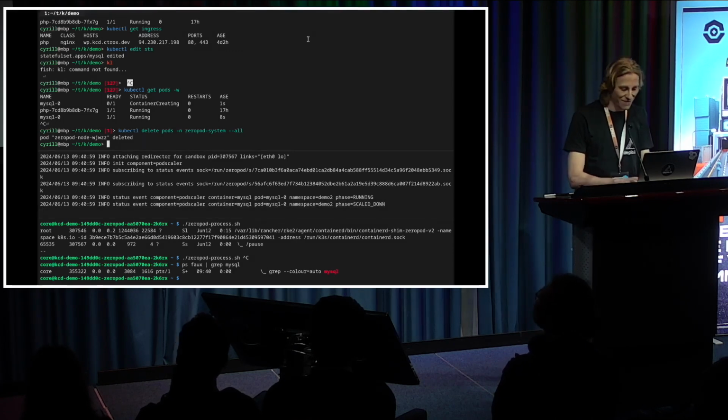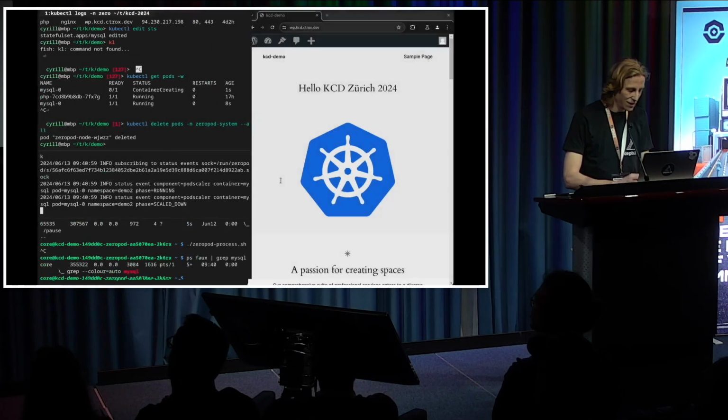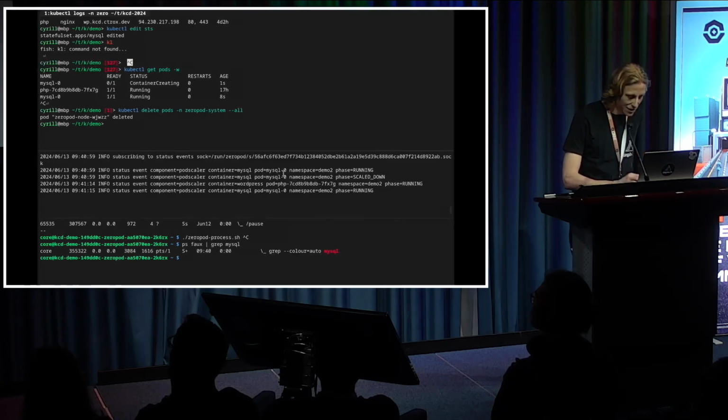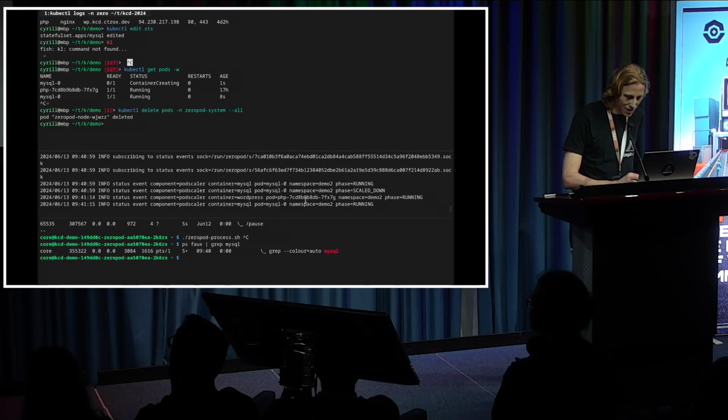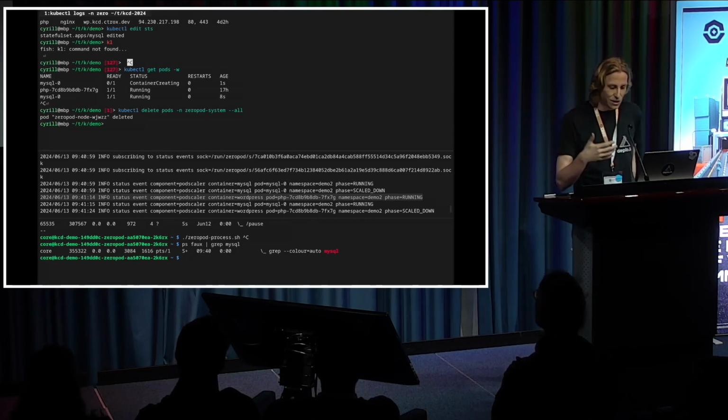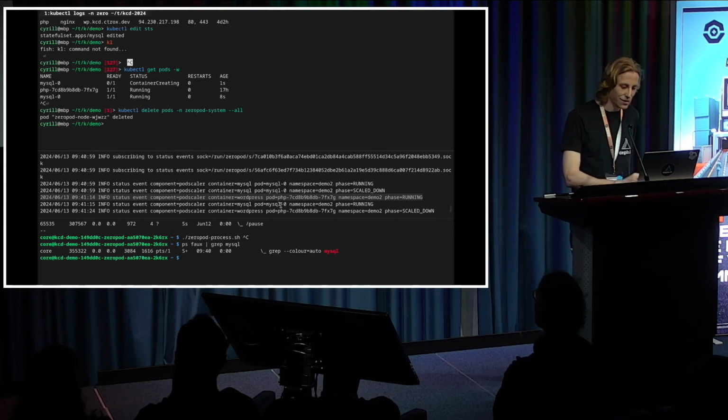So what do you think happens if I actually open this page again? Let me make some new lines here. So I'm gonna refresh, and it still works. So what exactly happened? Now you see those log lines. It first started the PHP pod, and then PHP made a connection to the database. Because I can use also TCP to actually start containers, it then started the MySQL pod from scaled down state,